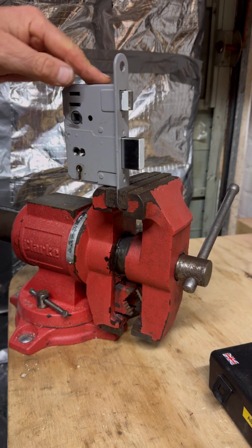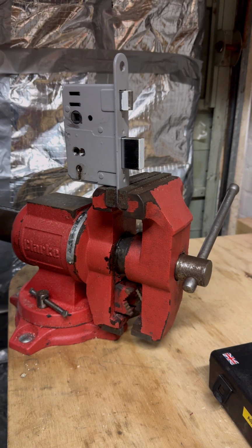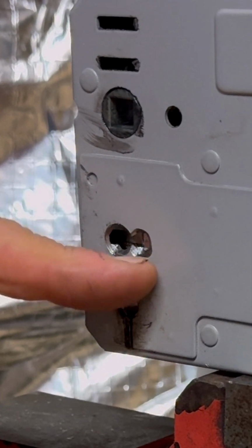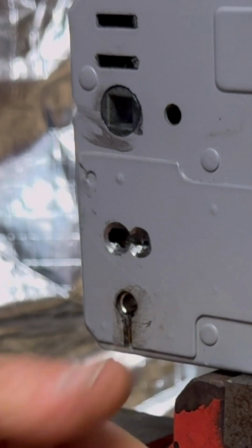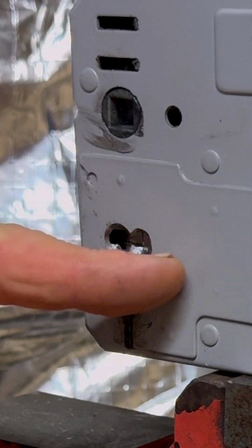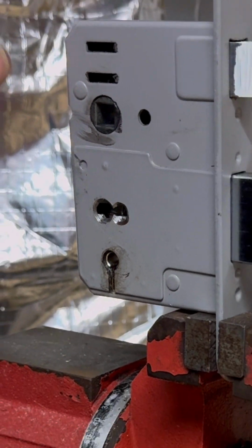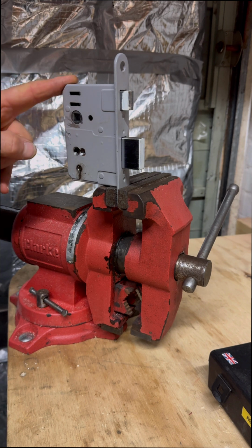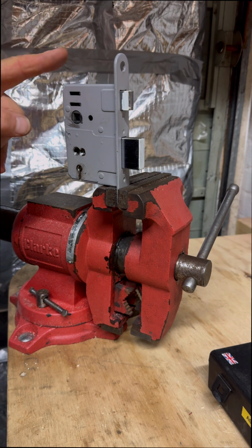As you can see in the vise, there's a Legge 5-lever British standard sash mortice lock, and this lock was mounted on the right in the door and it's been drilled. And I've been sent this by a good friend who wanted some hints and tips on using the GJ Locks ASEC Legge Pin Cam tool